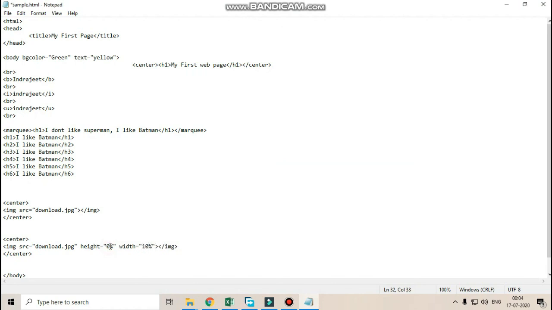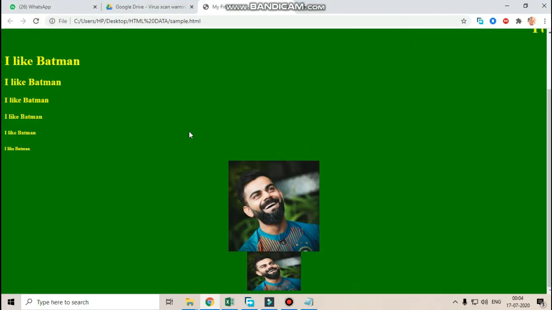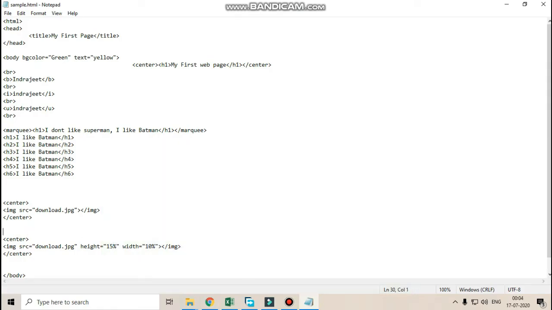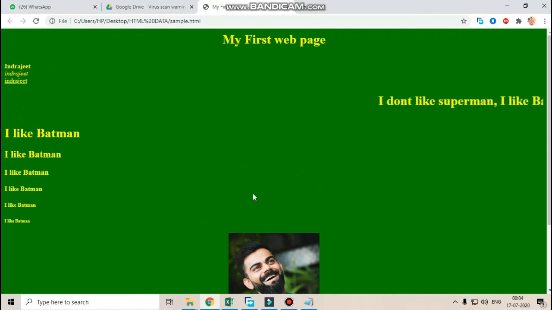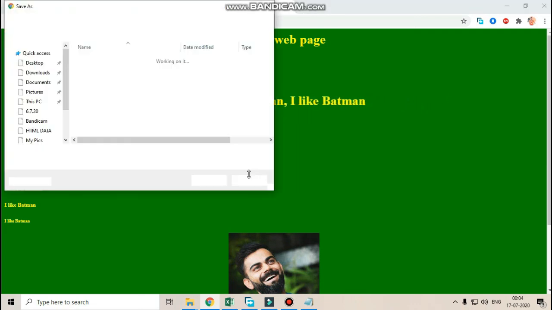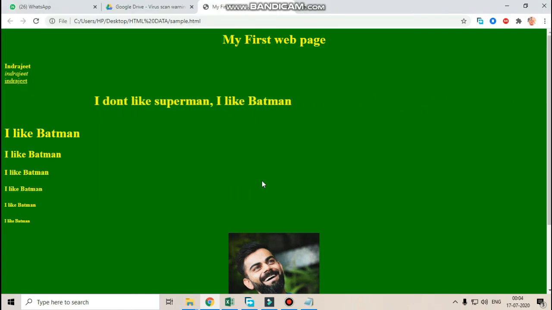I have another image, this. You can increase or decrease the size of the image also. So I don't like it, so I will change 30, I will take 10. Here I will take 15. See what you get as output. Refresh your page. Look, you can increase or decrease the size of the image. And one more thing, if you put a BR tag here, you will get a gap between them. If you take 2 BR tags, you will get a two-line gap between them. Run.